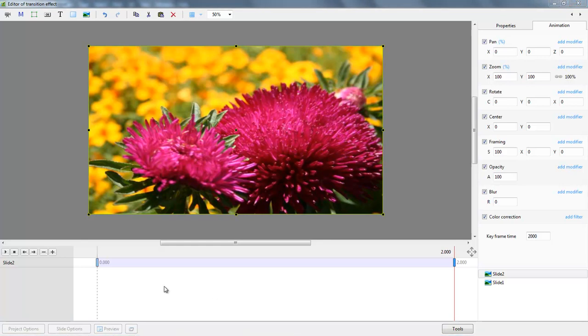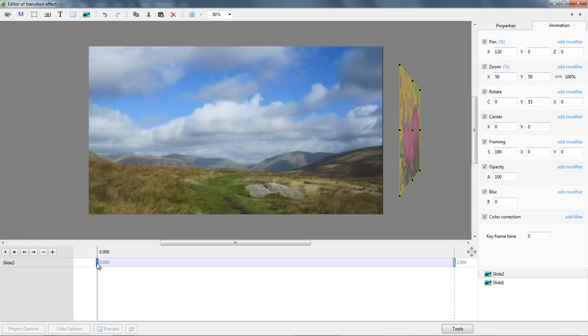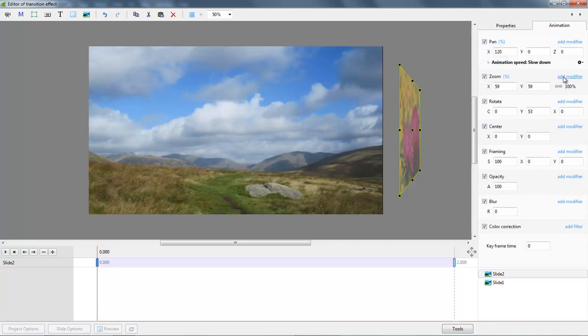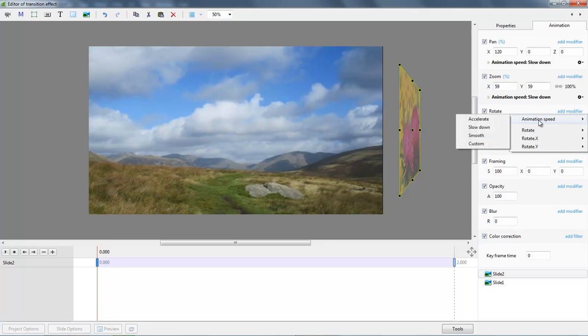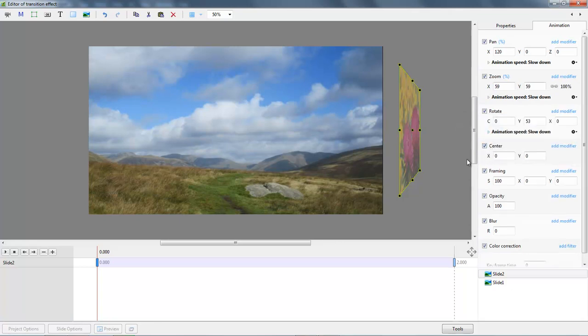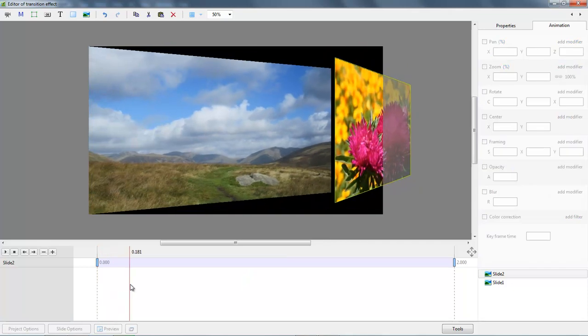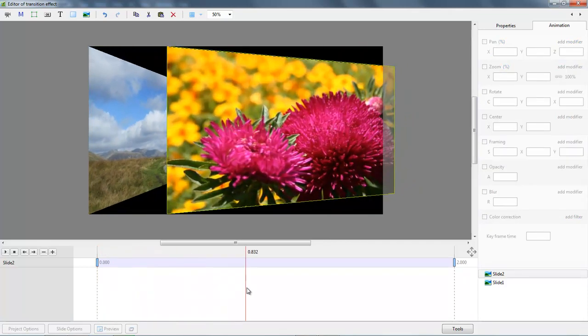Now, because that didn't work too badly at all, I'm going to go back to my first keyframe and think about the speed options that I want. But unlike slide 1, where we only had rotate, here we've got pan, we've got zoom and rotate. So let's go to the modifier and animation slow down, and slow down. Now that is our custom transition created, but it does leave lots of black background visible, and